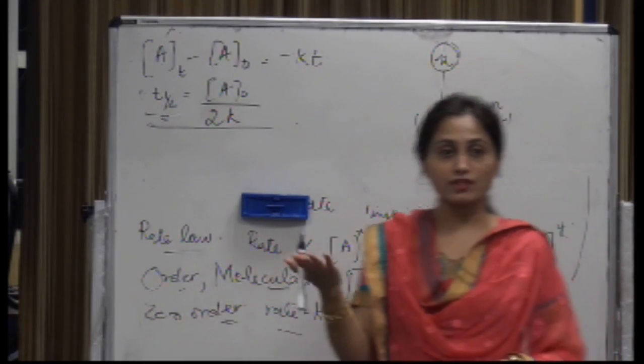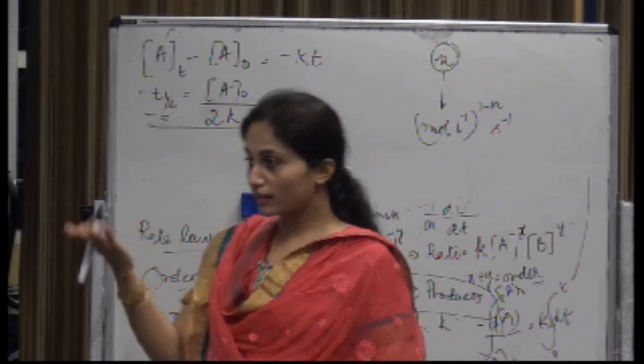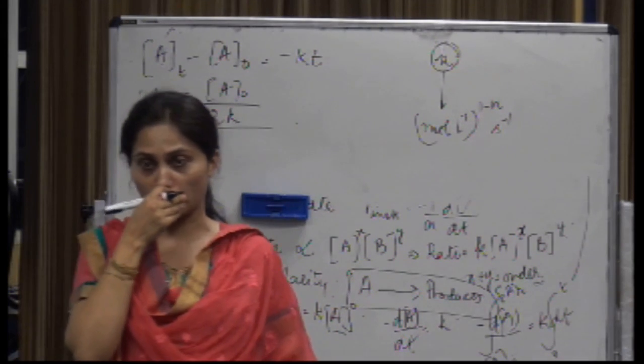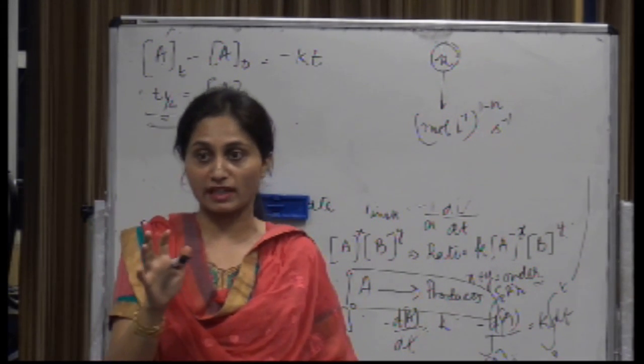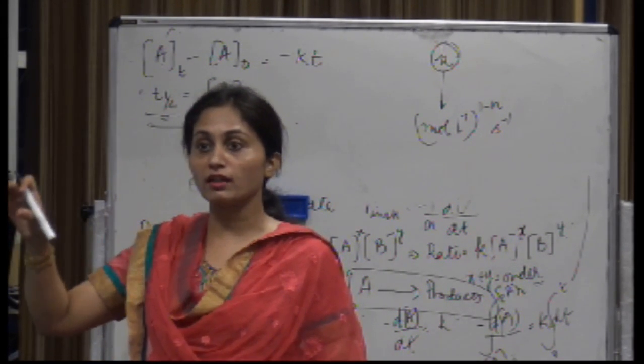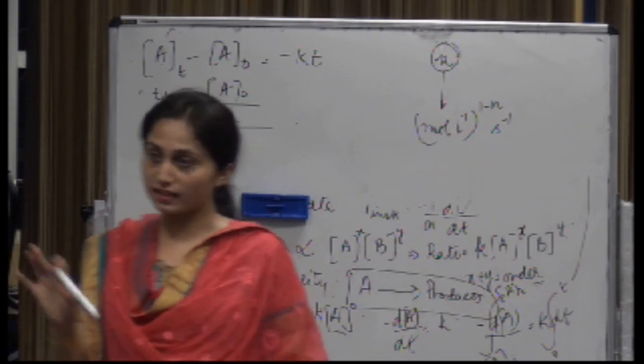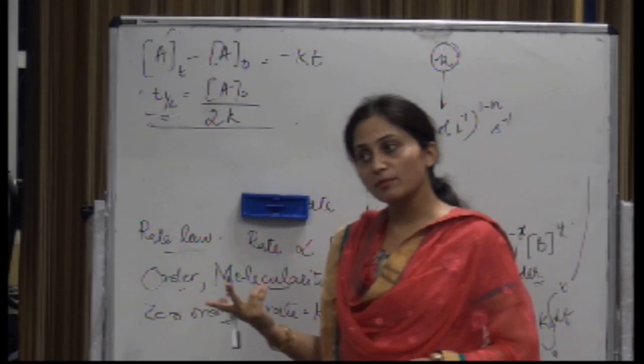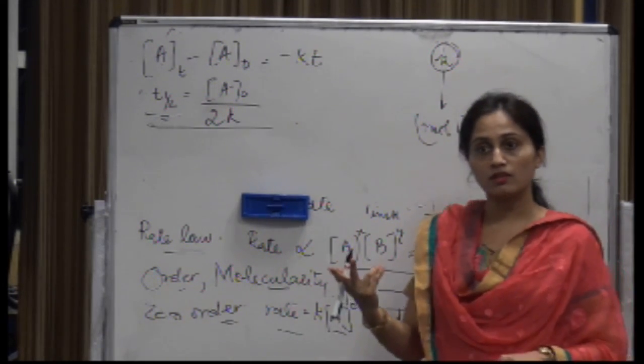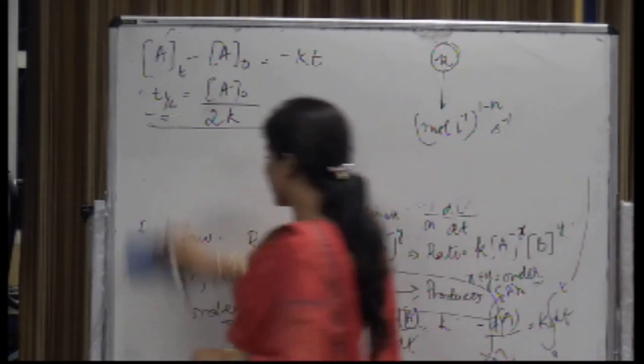These are the examples which are given in your book only. So you should remember the examples as well. The decomposition of ammonia follows dash order. So that is zero order. And remember, enzyme catalyzed reactions are also zero order reactions. Alright. Then thereafter,